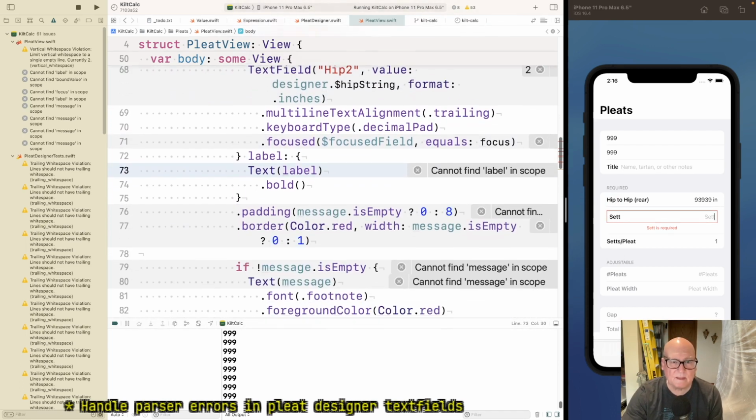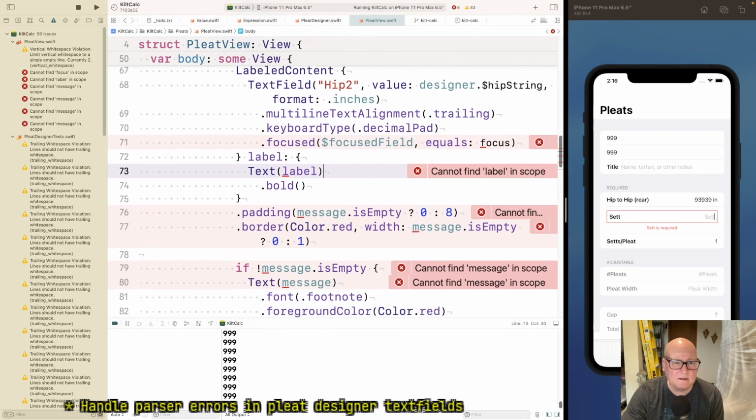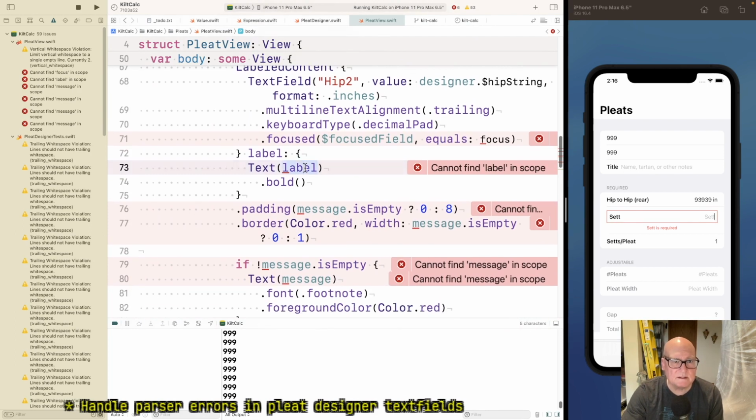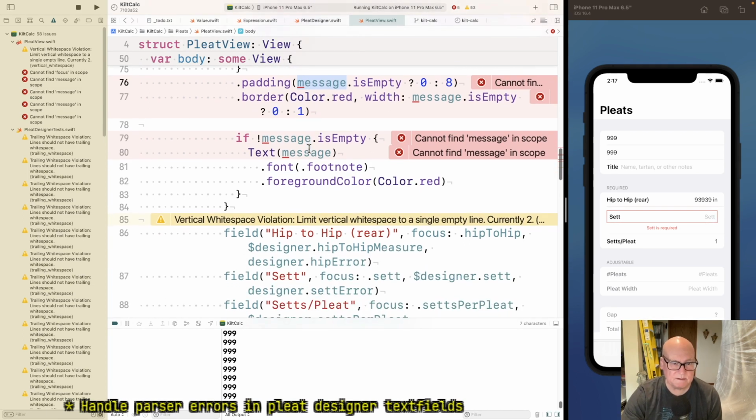Okay. And then text is the label, which was hip 2. And the message, what was the message? Designer.hip error.